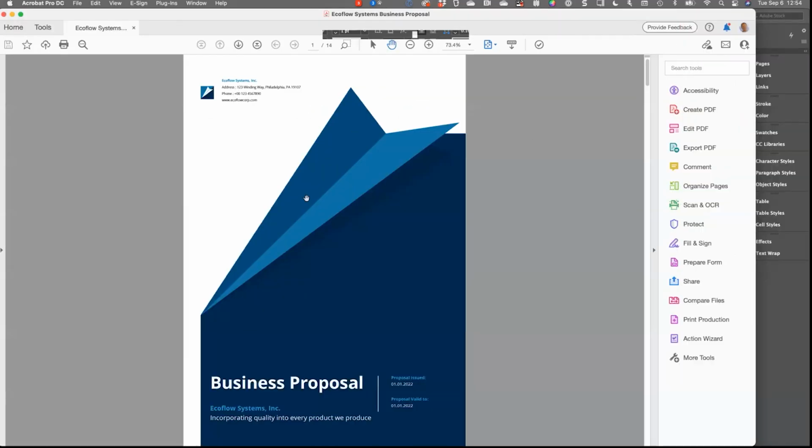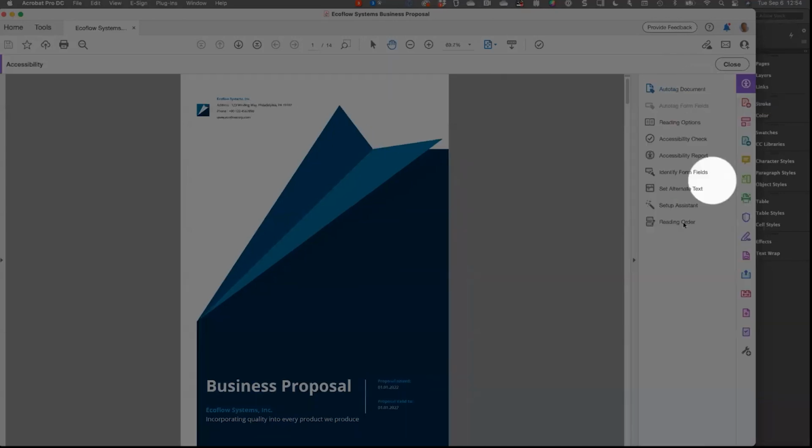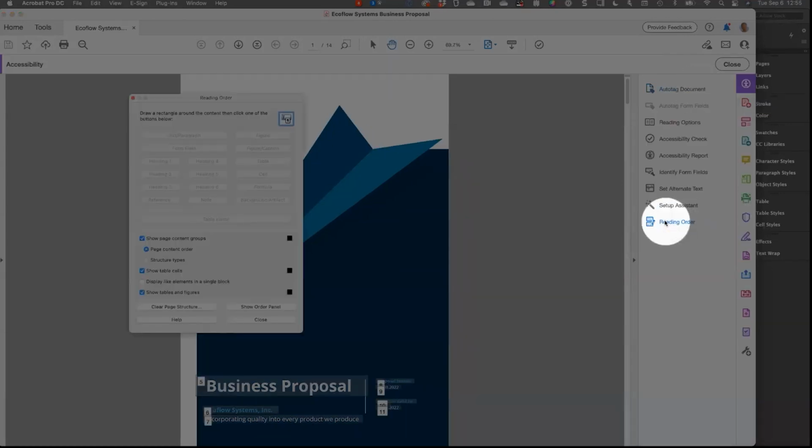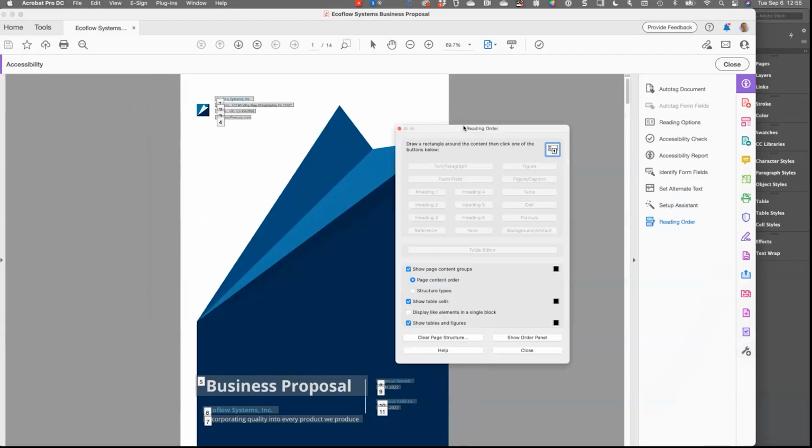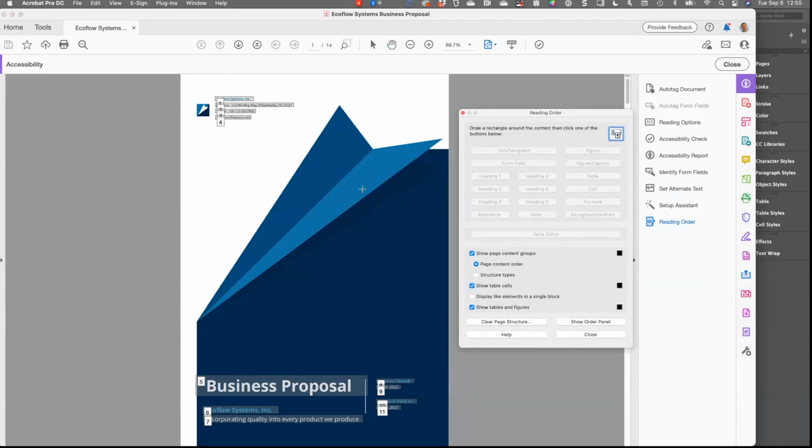Okay, so in the PDF file, if you go to your accessibility tool and click on reading order, you are going to see that the items on your page are numbered. This is what we refer to as the reading order. I've referred to it as the flow order in the past, but the reading order,